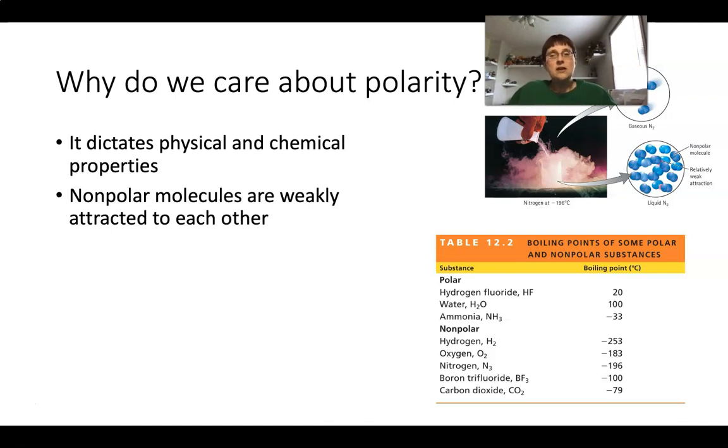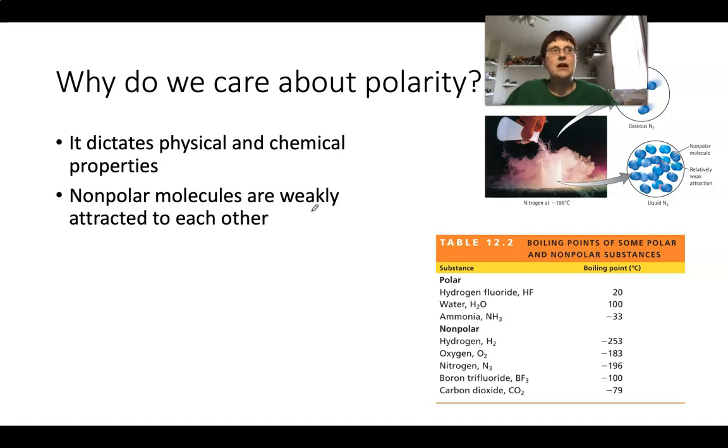So for example, nonpolar molecules are very weakly attracted to each other. So you can think of polar molecules like a magnet. So polar molecules are like weak, well, not weak, they're kind of weak magnets. But if you've ever played with those kind of cheap magnets before, polar molecules are like that. They are attracted to each other. You can pull them around, but you can pull them apart, right? Nonpolar molecules, they like to hang out with each other, but they are not going to like to stick around